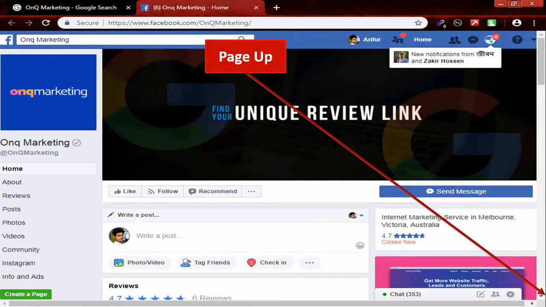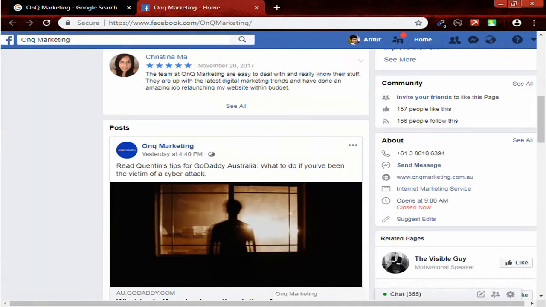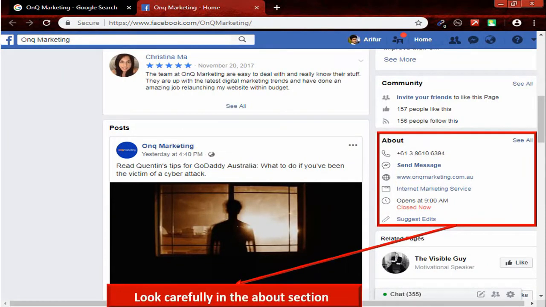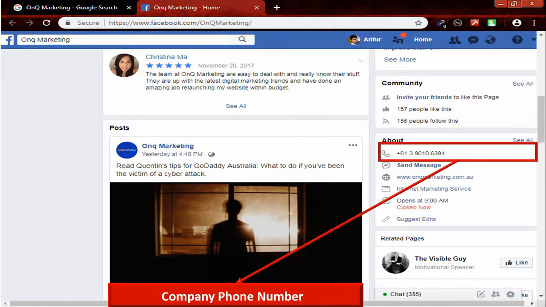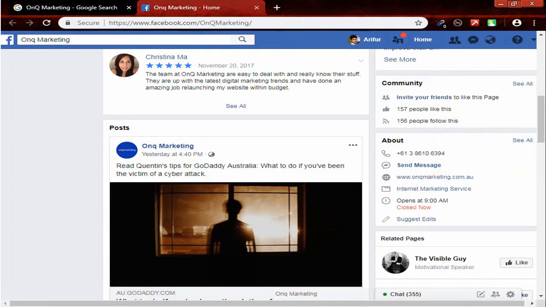Page up a little bit. Look here carefully in the about section. Here you can see the company phone number. If you are unable to get the phone number from this about,